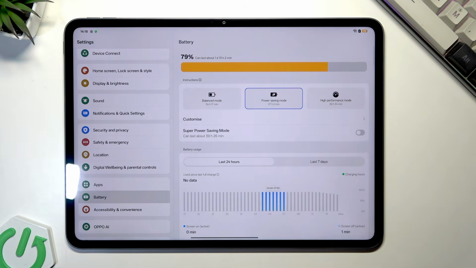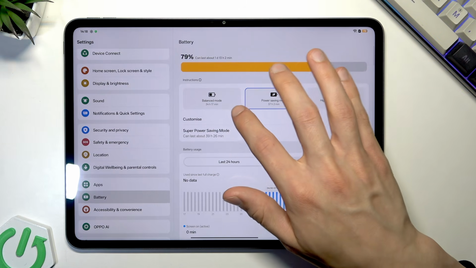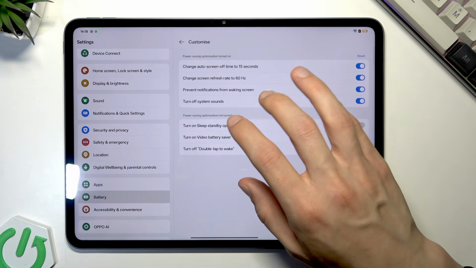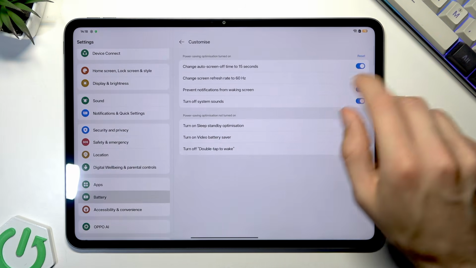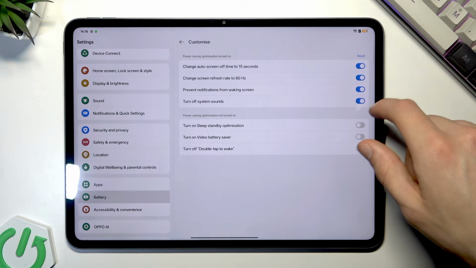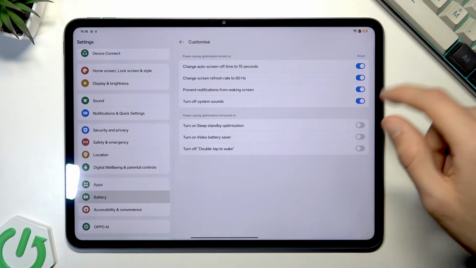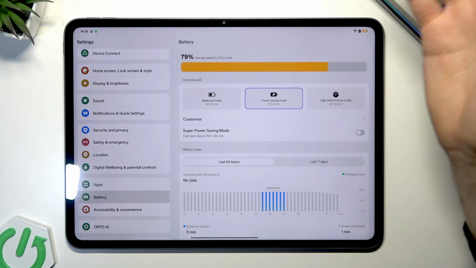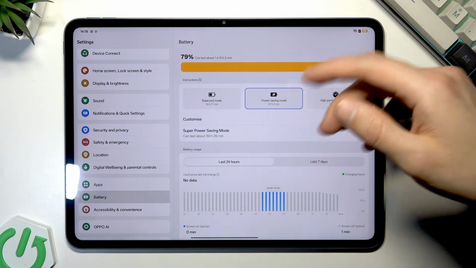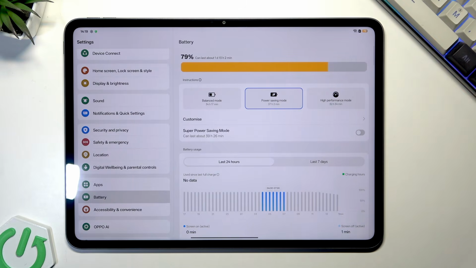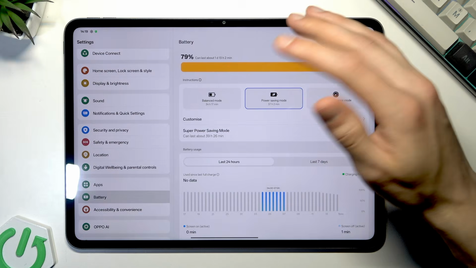Now, the power saving mode is a feature that has been around for a while, but right now it is customizable, and we can actually adjust our power saving mode to our needs. We can disable the features that we don't need, or enable the ones that we do, in order to balance it for our performance. And this way you can use your device with power saving mode all the time, basically, just having it adjusted